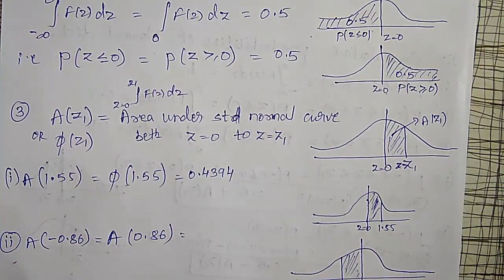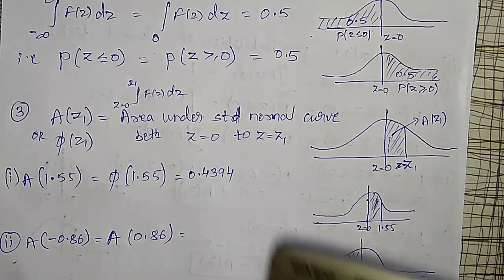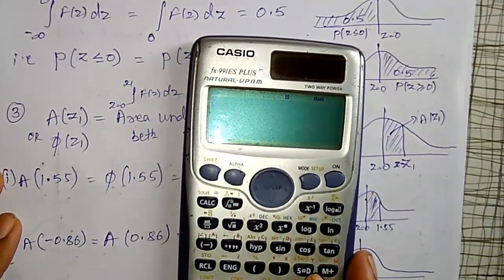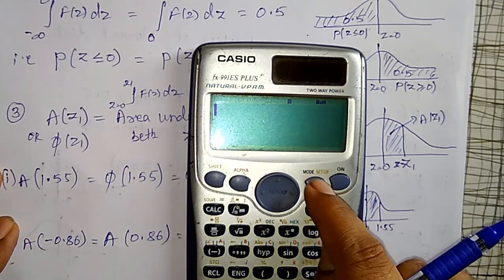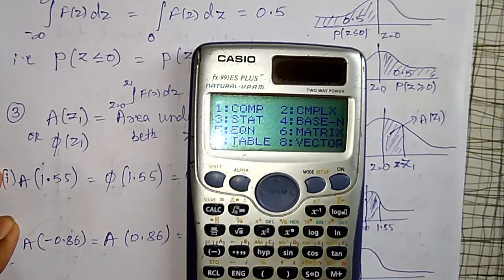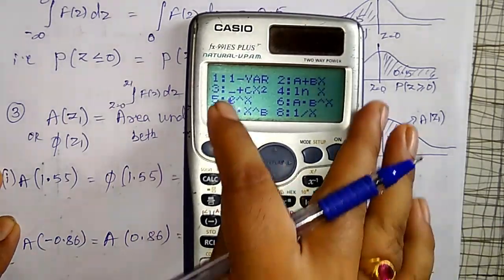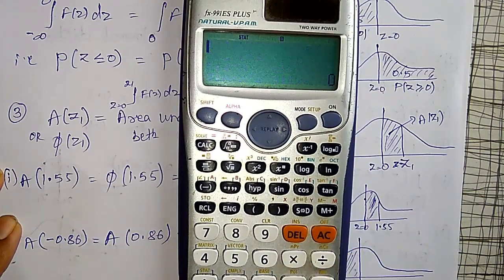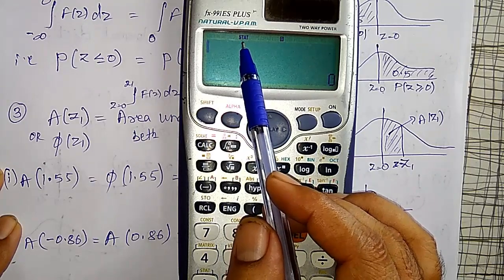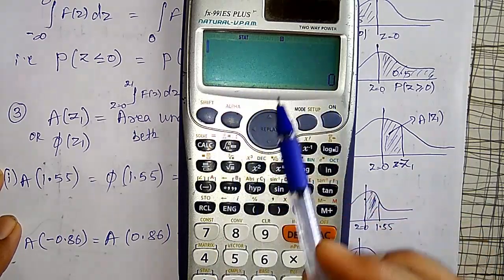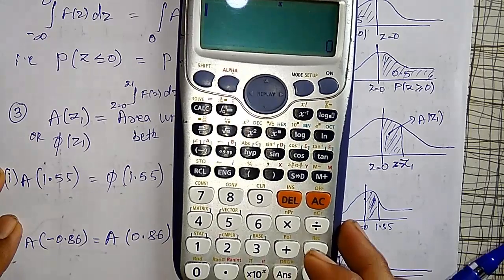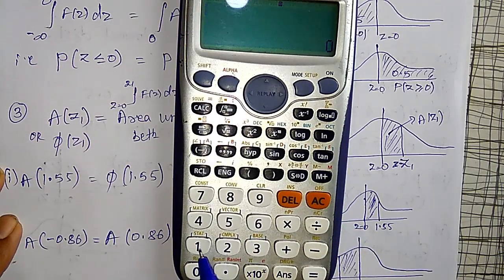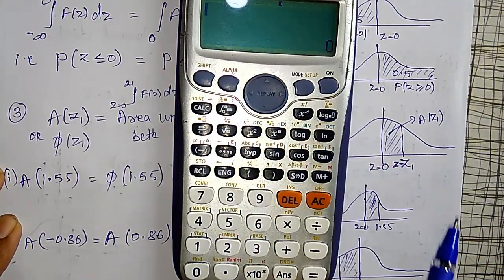If the table is not available, how to use the calculator now? Okay, in the calculator, first the mode of the calculator we have to change to stat. That is option number 3. After that, stat, first variable, all this comes. Then operate the AC button. Then you will find a small letter STAT. Then the calculator is in stat mode. And one more thing you can observe here, overhead the above one in a square box, STAT is there. Then if it is in stat mode, then you have to use this.